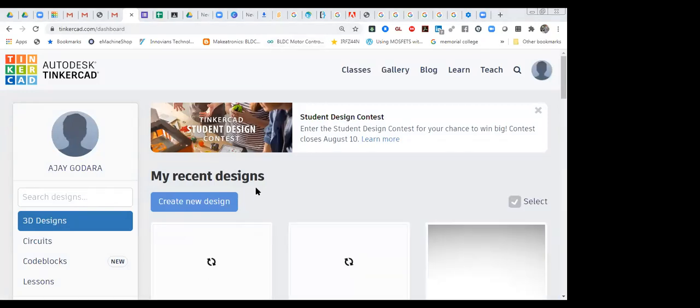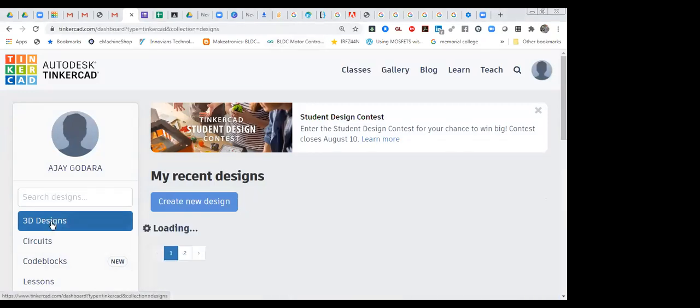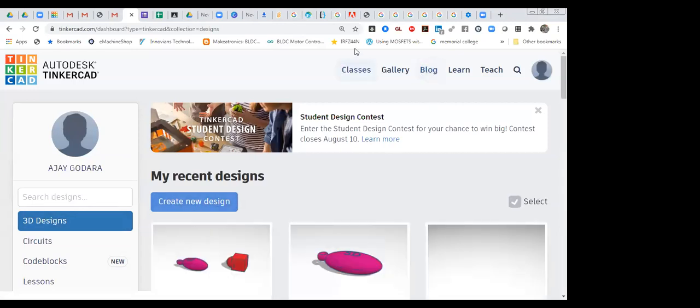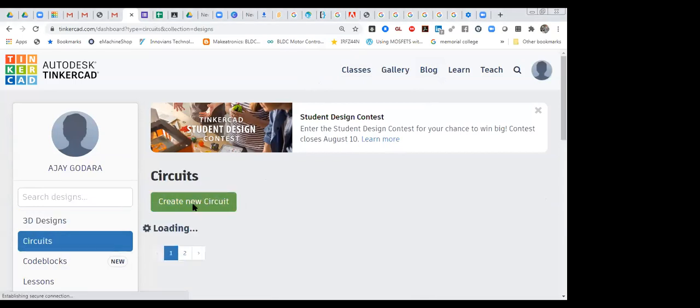So over here you can see it. I'm going to create a new circuit. Might be you have tried Tinkercad yesterday. Everyone has tried Tinkercad yesterday. Have you tried it or not? Respond in the chat box. Have you tried it? Yes, that's great. Okay, let's make the circuit over here, and I'm going to test all the circuit.